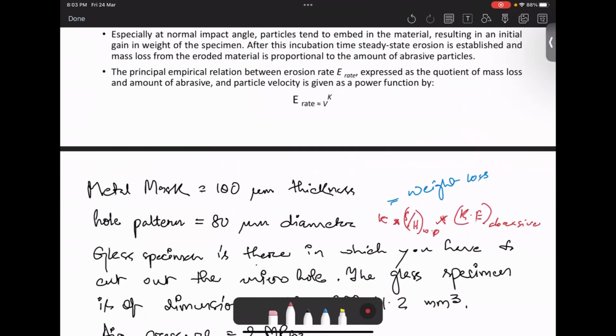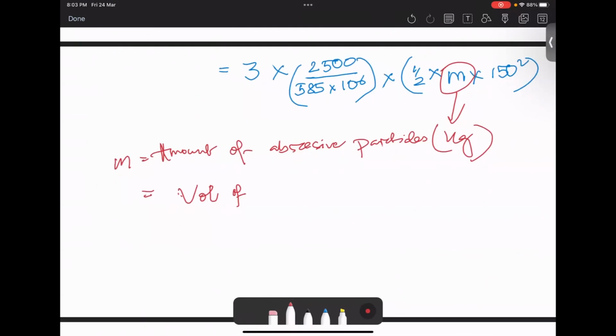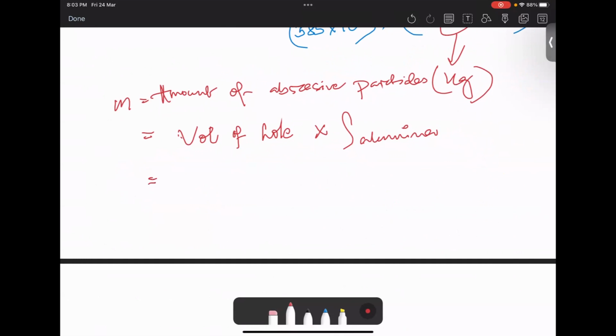So the volume of the hole multiplied by the density of alumina. Now the volume of the hole has to be found out as the area times the thickness of the micro hole feature required. So the area is given by pi times the radius of the hole squared, times the thickness of the hole,